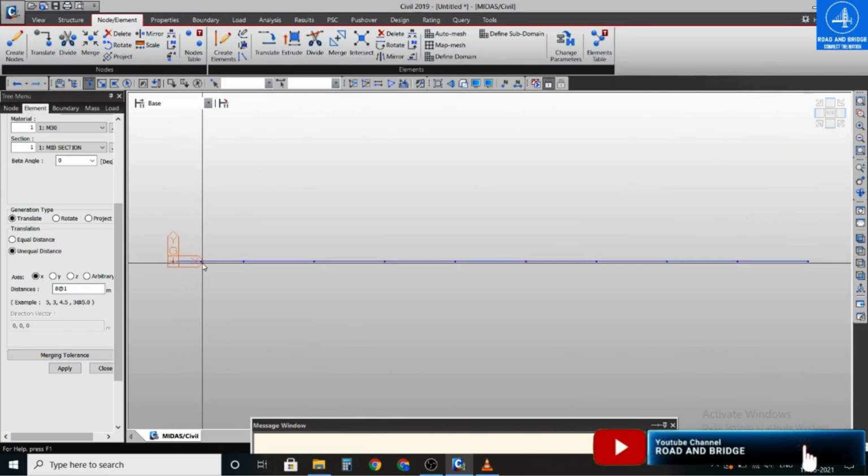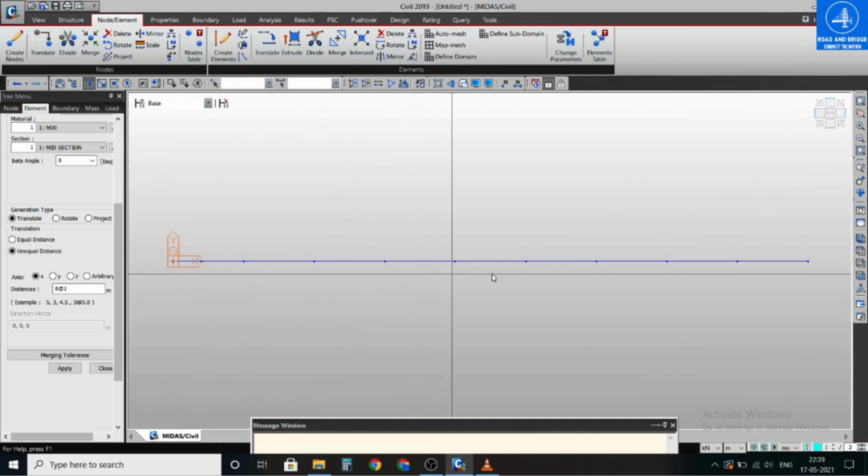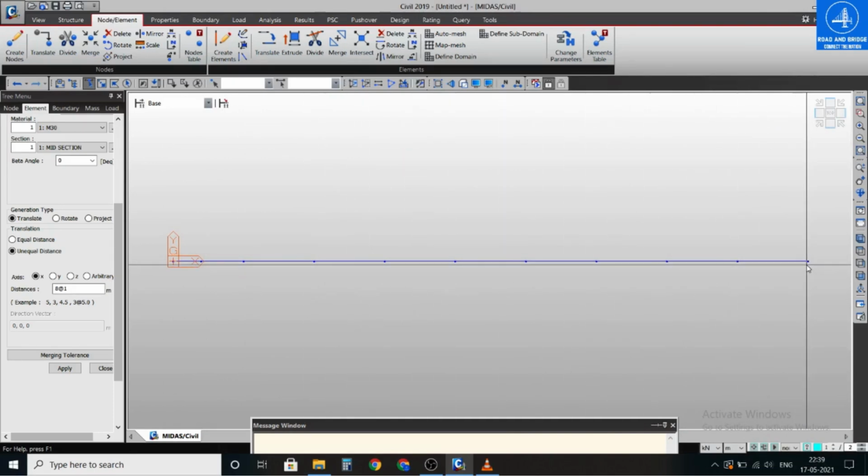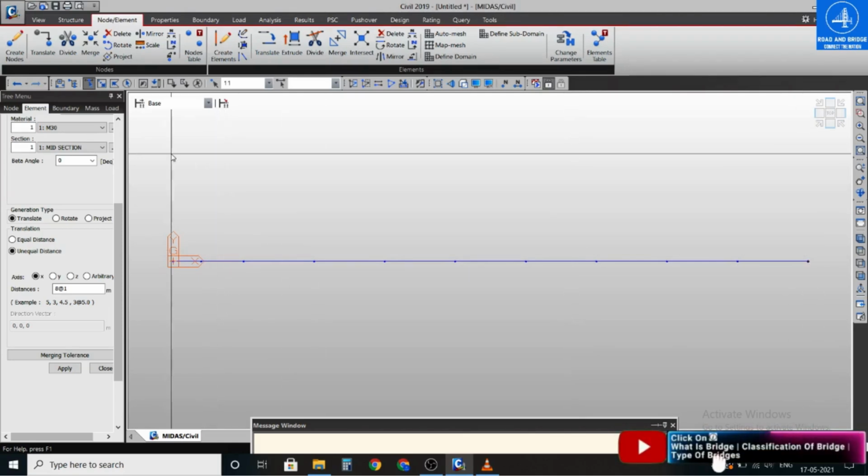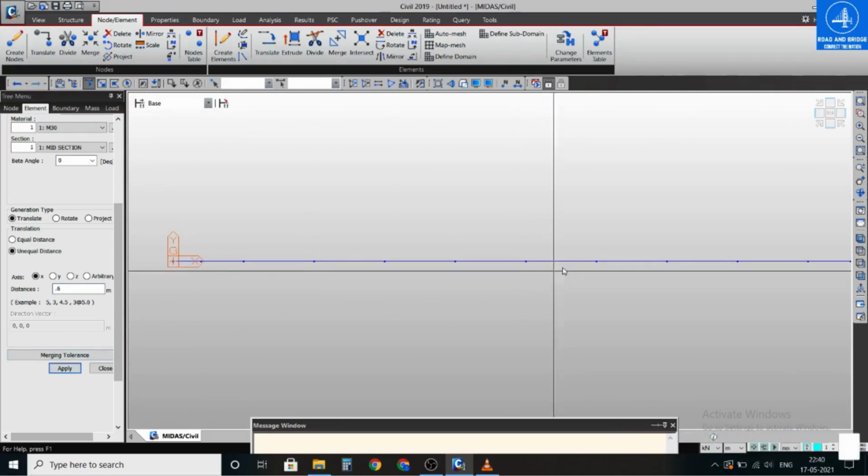Here 0.4 meter, 0.6 meter, 1 meter, 1 meter, 1 meter, up to 8 times. And the next also 0.6 meter, I am going to put the length of the beam 0.6 meter and 0.4 meter. So select this point and put here 0.6 meter, apply.